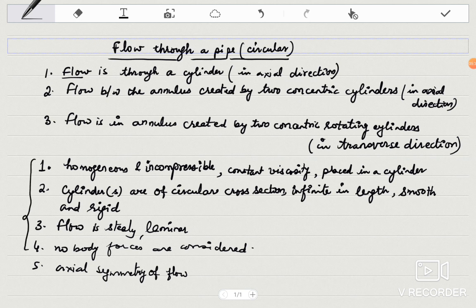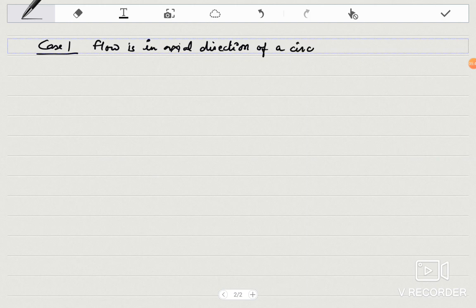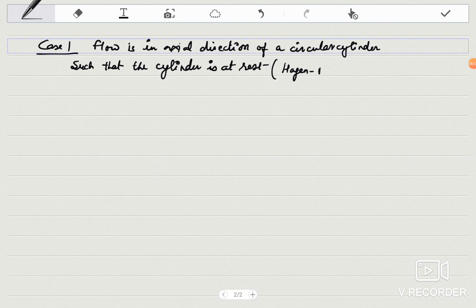So now I am considering case 1, flow is in axial direction of a circular cylinder such that the cylinder is at rest. So this case is called Hagen-Poiseuille